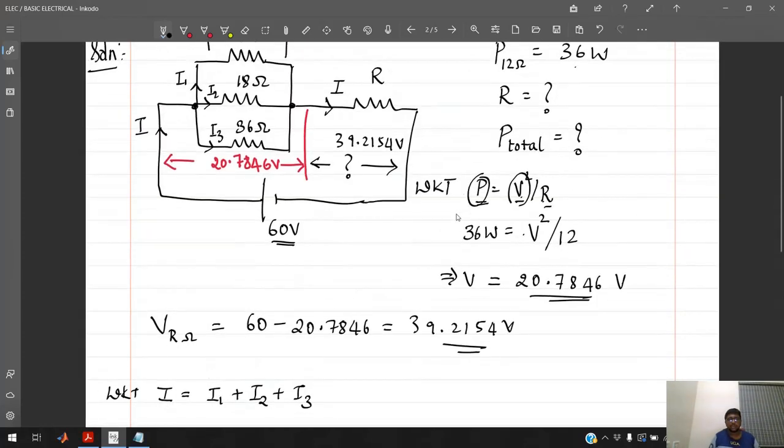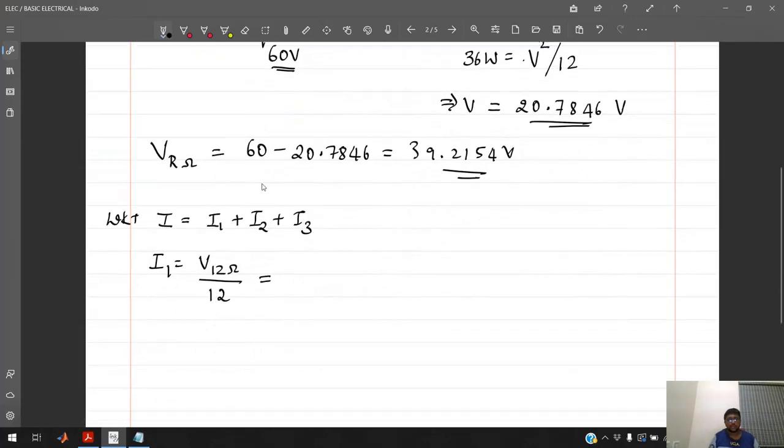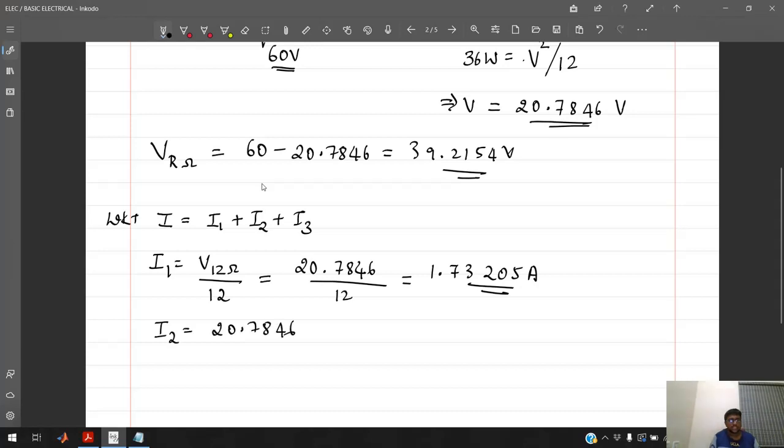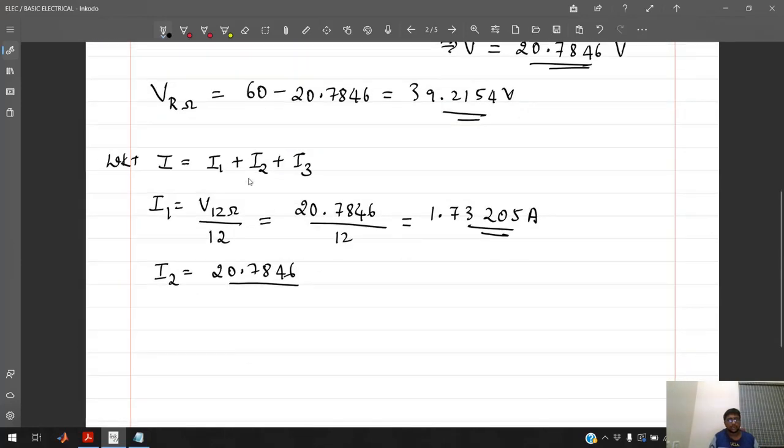Voltage across the 12 ohm is nothing but 20.7846. So 20.7846 divided by 12 will give me a current of 1.73205 amperes. Similarly, I2 will be equal to 20.7846 divided by the second resistor, that is 18 ohm. Similarly, I3 will be